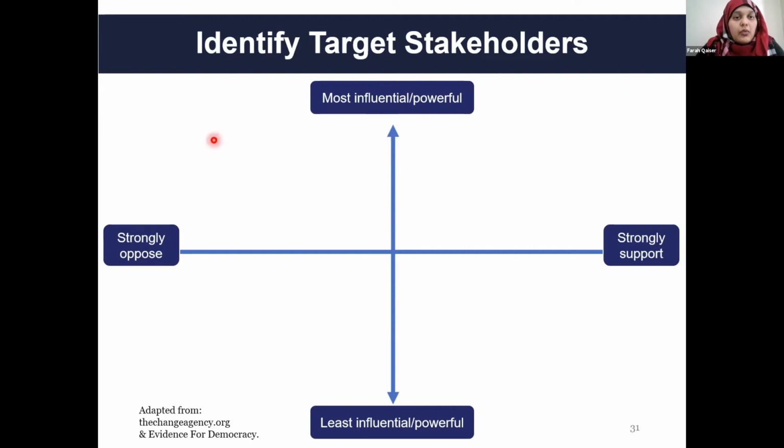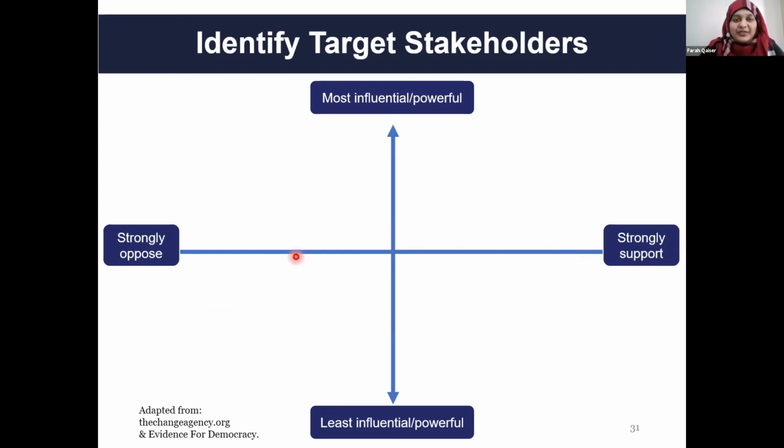Strongly oppose. Well, the other ministers, so perhaps ministers for economy or other folks who have different portfolios, who, if there's increased funding for science, they would lose out on money. Perhaps they would be on the strongly opposed and most influential side here. I'm trying to think of a least influential and strongly opposed. Well, I suppose if there are folks who are anti-science or who are science hesitant and are very vocal about it, they might show up in this quadrant right here.